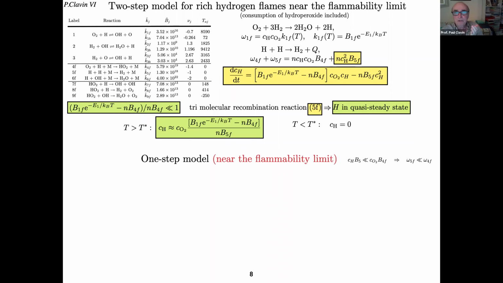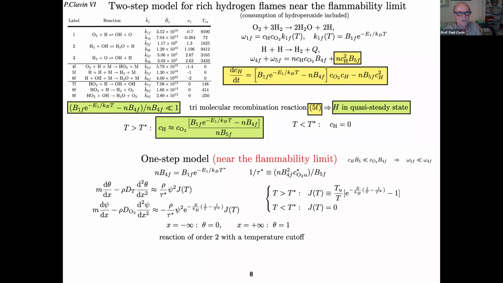Because now you can express the concentration of the atom H in terms of the concentration of O2, if you put that in the equation, you obtain a one-step reaction, which is written here,